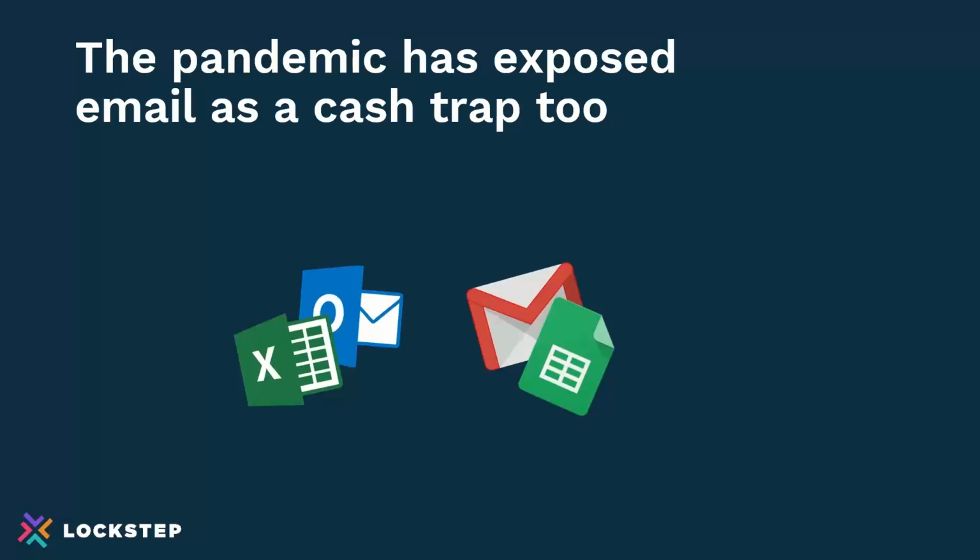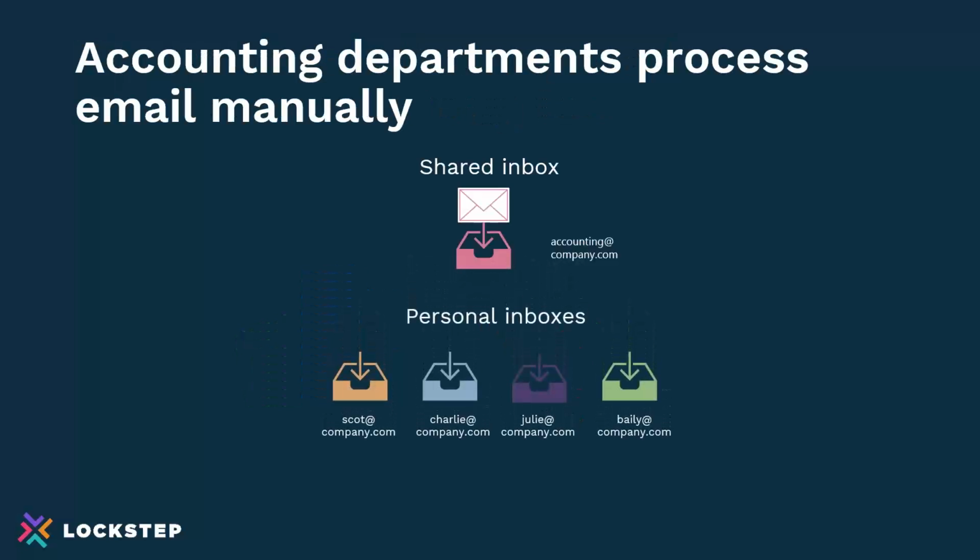And with no automation, follow-ups, promise tracking, and dispute resolution are all manual. You're doing that in spreadsheets to keep it up to date. And without activity management, visibility across the team, especially in a remote situation, is very difficult to understand and control. The typical accounting department in collections will look like this. There's some sort of shared inbox. There might be an alias, that's accounts receivable at company.com. And then individual people work out of their personal inboxes. So they grab something from the shared inbox and start to work it that way.